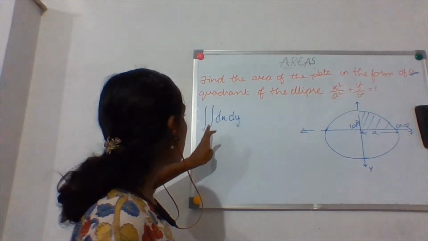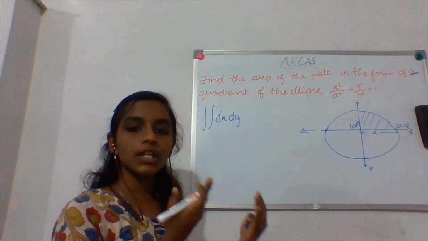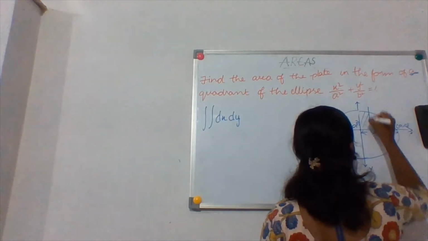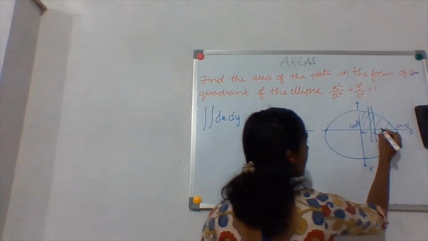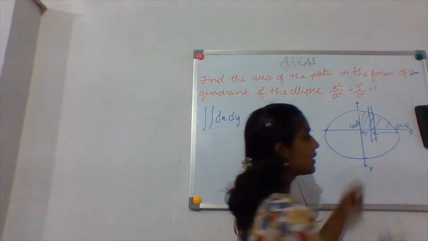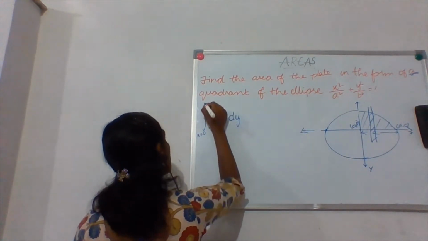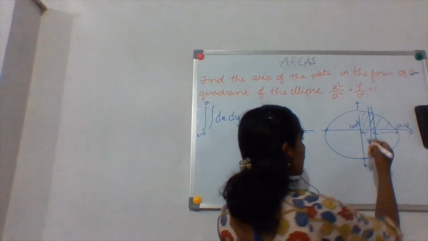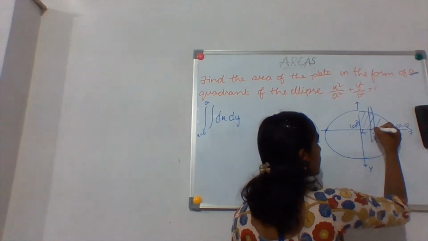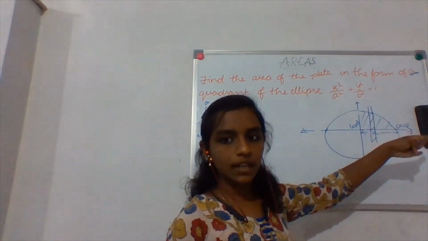So now you have to put the limits. How do you put the limits? That is the same as you did in the previous double integral sums. Okay, I am going to take a strip, and according to the strip, x is varying from 0 to a. So x equals 0 to a. Okay, with respect to the y-axis, these are the points. The points are varying on the curve.